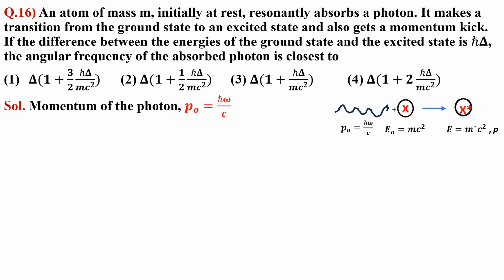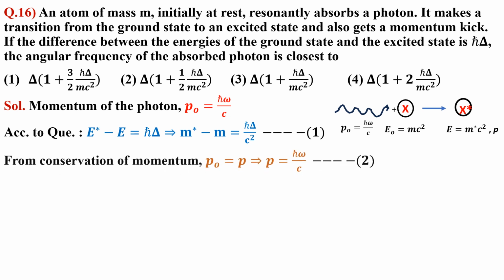And when in the excited state, its momentum is p and energy m* c². According to the question, the difference between excited state energy minus ground state energy equals ħΔ, which tends to m* minus m equals ħΔ upon c squared. (1)